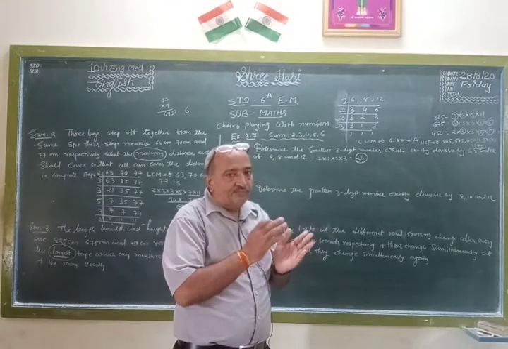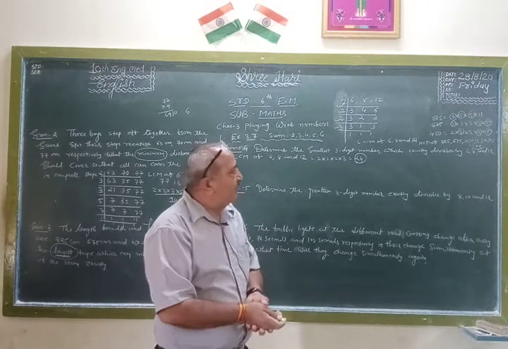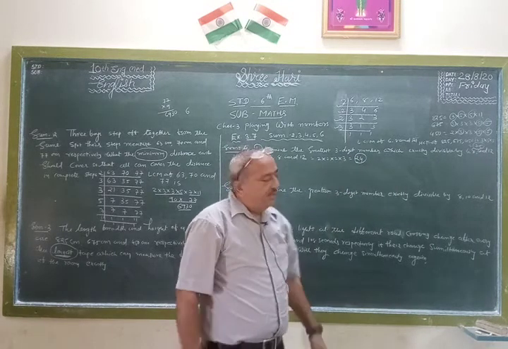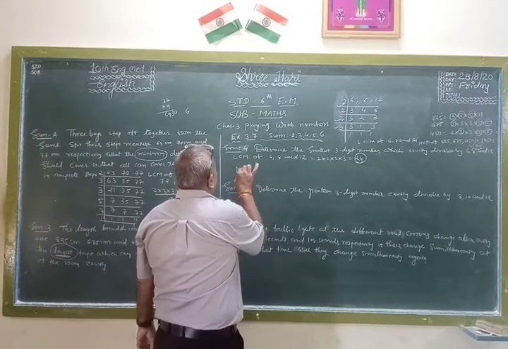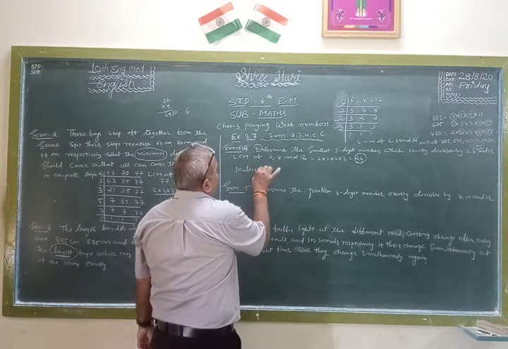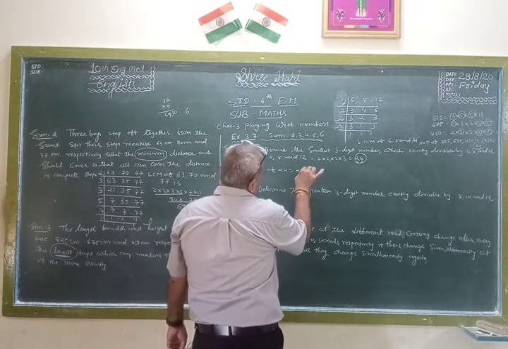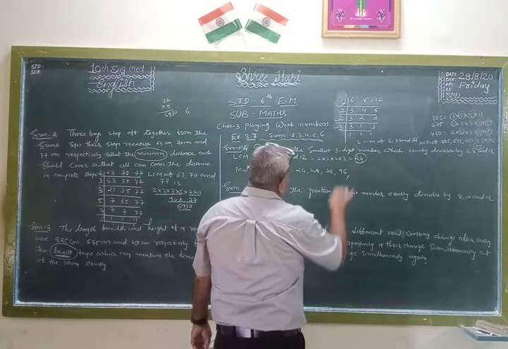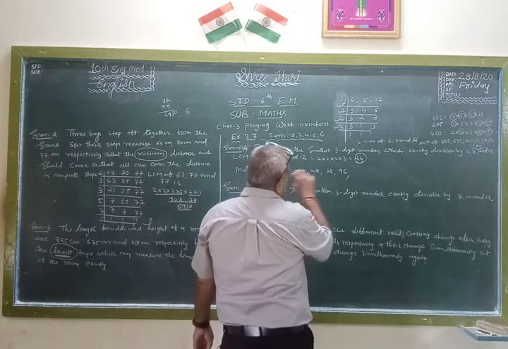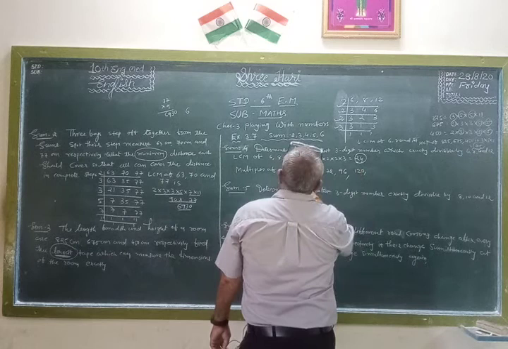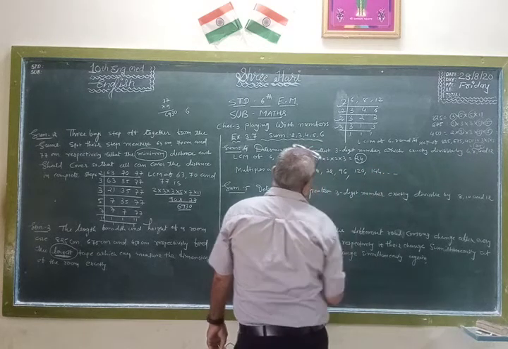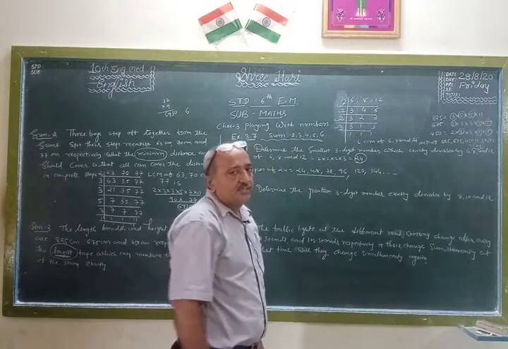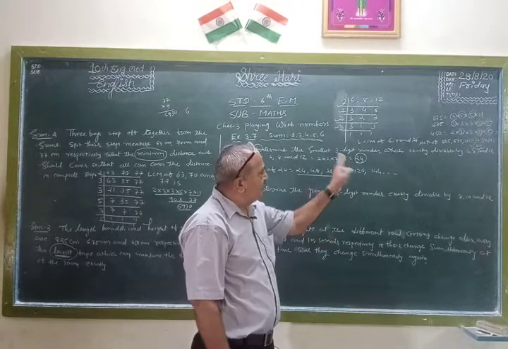Now with the help of 24 we can find the multiple of 24 which has 3 digits. Now look here, multiples of 24: 24, 48, 72, 96, 24 fives are 120 and 6 fours are 144. But friends, 24, 48, 72, 96, all these numbers have only 2 digits. We want the smallest 3 digit number.